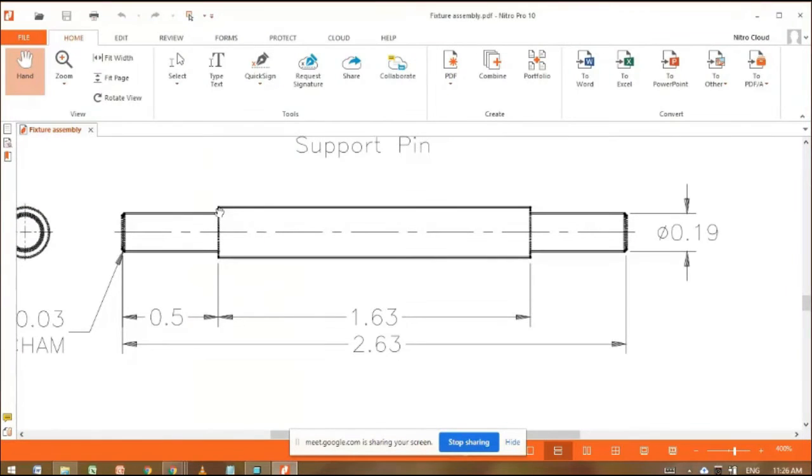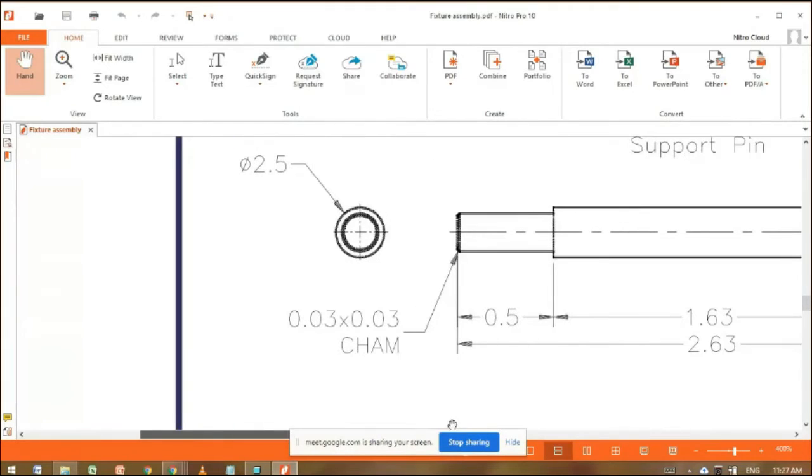Then this length. Again, we require to understand what the diameter is. The diameter of this part is 0.25, but it looks very different. These are the wrong dimensions; 0.25 is the correct dimension for this.